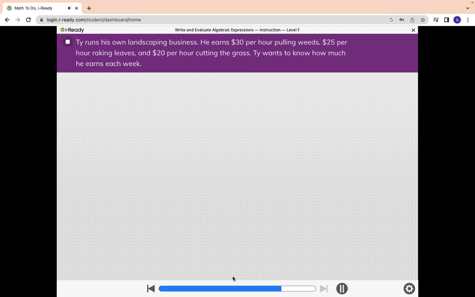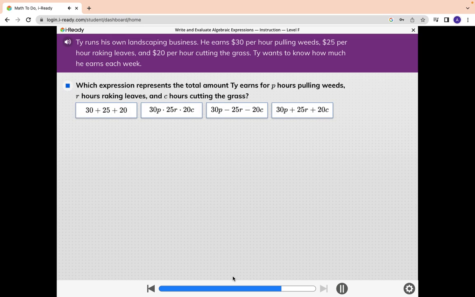Ty runs his own landscaping business. He earns $30 per hour pulling weeds, $25 per hour raking leaves, and $20 per hour cutting the grass. Ty wants to know how much he earns each week. Which expression represents the total amount Ty earns for P hours pulling weeds, R hours raking leaves, and C hours